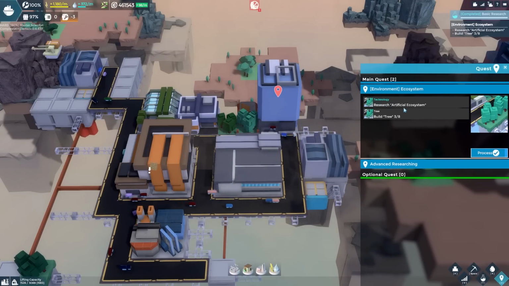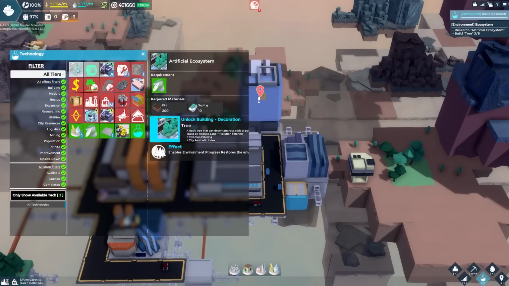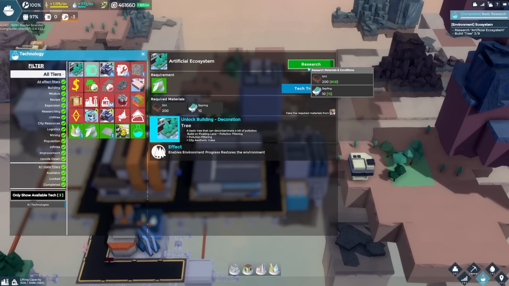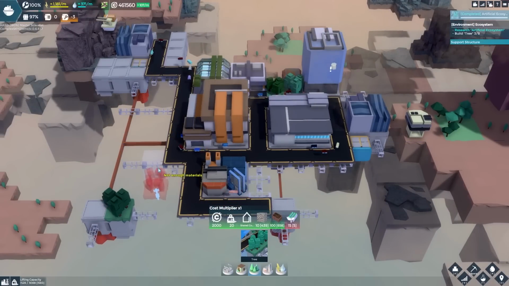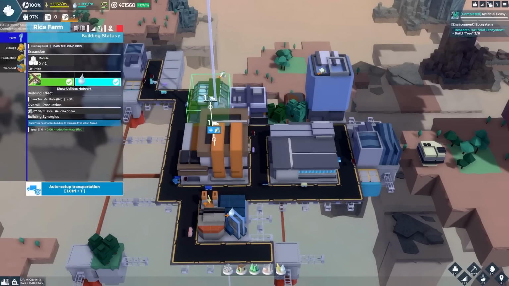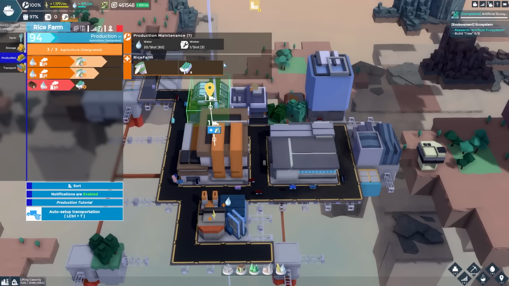And now we need to do research advanced, artificial ecosystem. Which I think we should be able to do relatively easily, right? What do we need? 200 dirt and 10 saplings. I know for a fact we do have both. So let's do it. And then let's see if we can try and build some trees. I would very, very much value the opportunity to build some trees. Whether or not we have the capability to do that without additional saplings. Additional saplings, which we can manufacture, and we will manufacture in the...